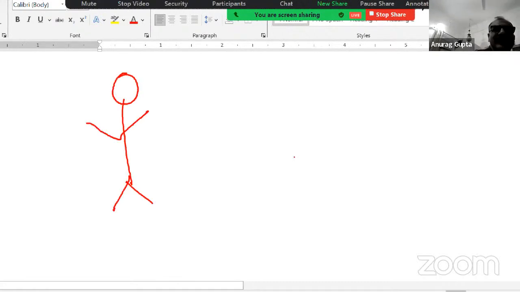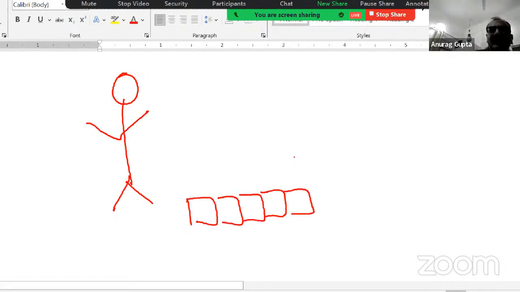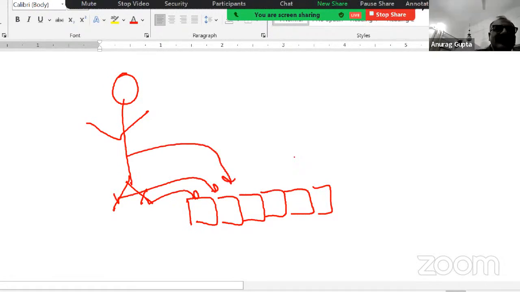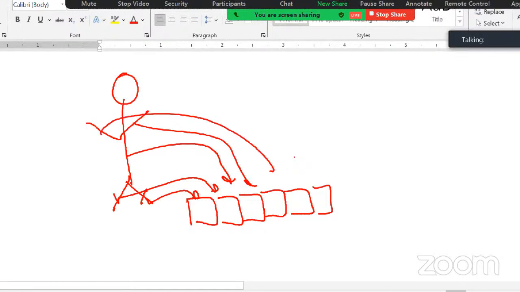And you need to send it, and you have got boxes in which you can put pieces, right? And then somebody has to reassemble it. So you may say, I will put the left foot in the first box, and then the right foot in the second box, and the body in the third box, and the left arm in the fourth box, and like that. And then just like a jigsaw puzzle.